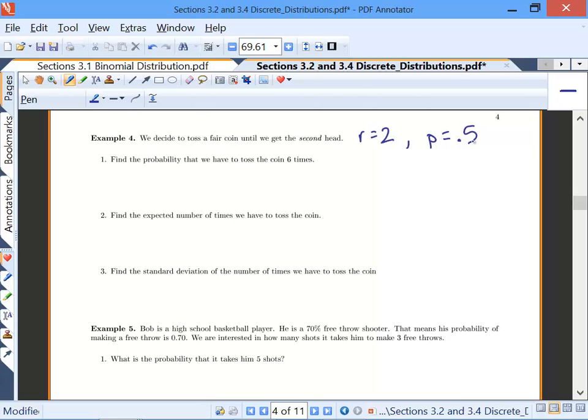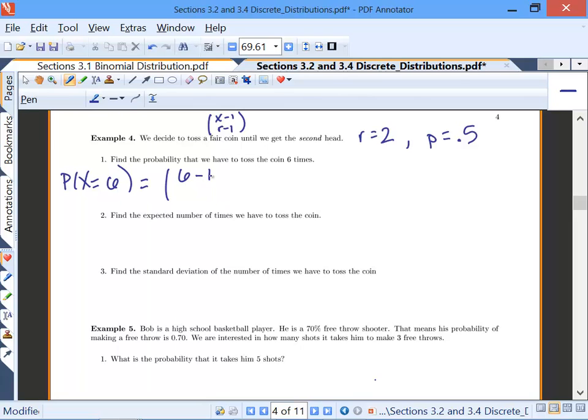So let's find the probability that we have to toss the coin 6 times. So we're looking for the probability that x equals 6. You might need to flip back and forth so you can look at the formula. The first part is the hardest part for me to remember. It is my x minus 1, choose r minus 1. So x is 6, and so we have 6 minus 1,